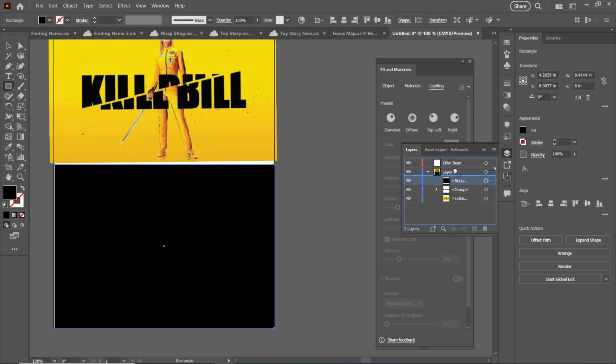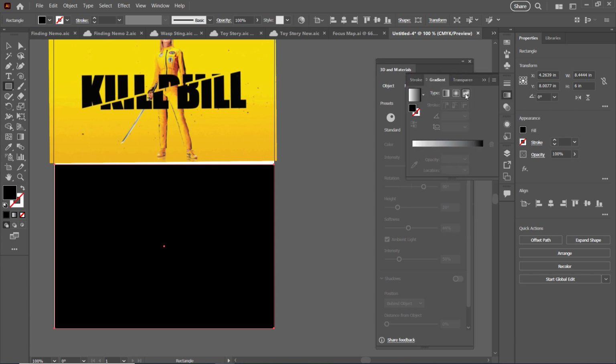I'll grab my background and put it in there, and then of course I'll put this new group in there as well, and it will be at the top. You won't be able to see it yet because we need to change the color of this one. With this selected, let's go ahead and go to the gradient tool right here, and we'll put in like this